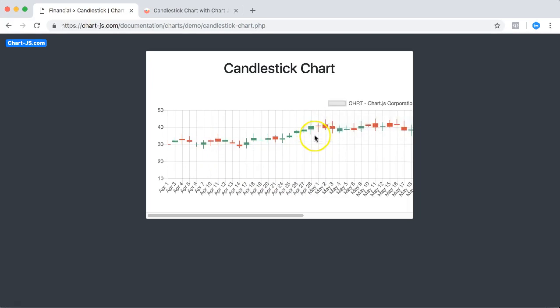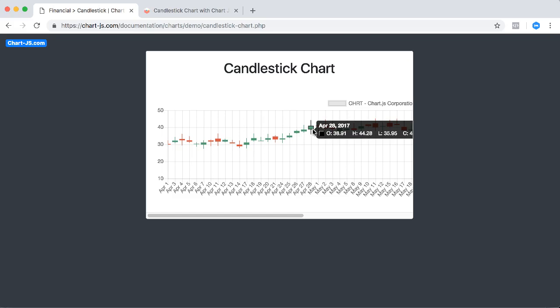You can see here the open. It's in green or red. So what does that mean? Red indicates that the stock declined in value. And green means that the stock price, when it closes, was higher compared to opening. Let me show you exactly. If you look at the green square, the lower part of the square indicates the open amount. As you can see, the O stands for open,